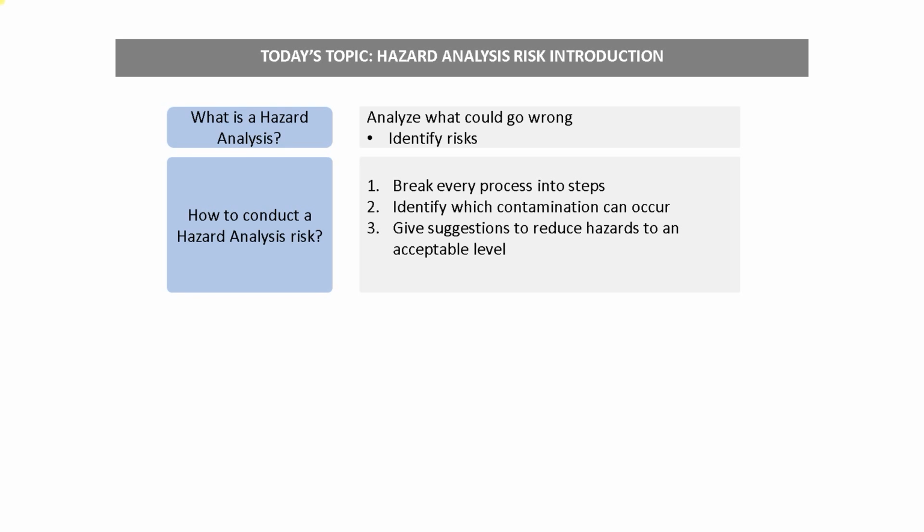Let's take the example of your daily food delivery. When receiving new food, as a supervisor, you understand your environment. More specifically, what could go wrong and what to control during a food delivery. But to avoid forgetting to monitor any possible risks, you have to write down the steps for every process and list all possible risks. After breaking down the process into steps, you have to write which contamination can occur.